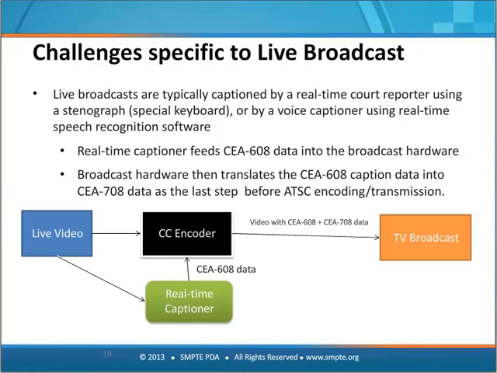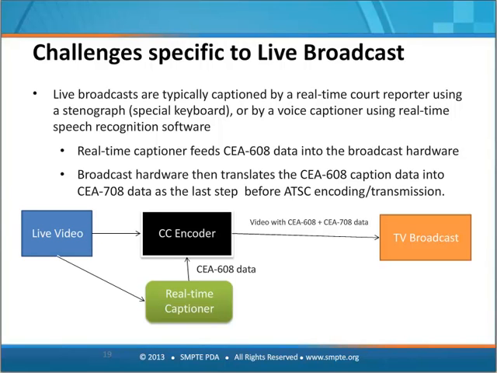I need to explain first, how do live broadcasts get closed captioned? It's not a trivial problem because people can speak very fast. Right now, I'm probably speaking around 250 to 300 words per minute. On a talk show, like a news show, it can sometimes be up to 350 words per minute from a fast speaker. And the best typist on a regular QWERTY keyboard can get maybe 100 words per minute, but not sustained for hours on end. So you can't really caption something on a regular keyboard. You just can't keep up with the speaker.